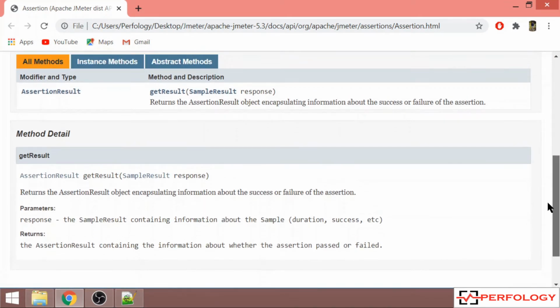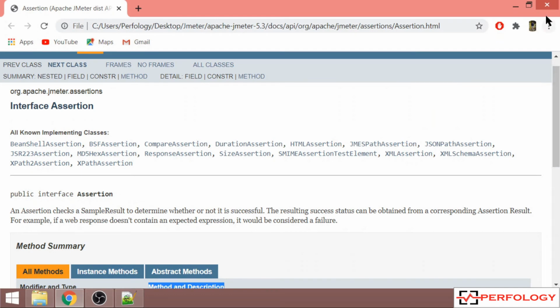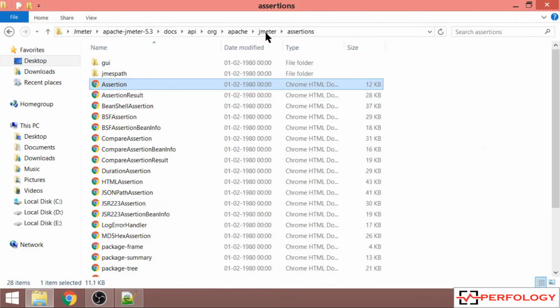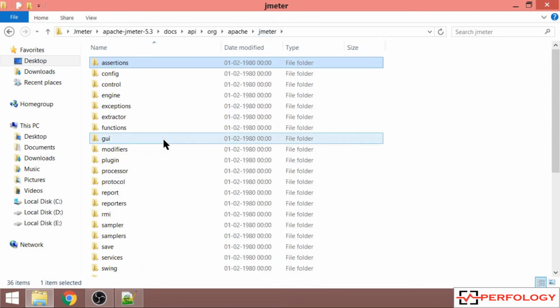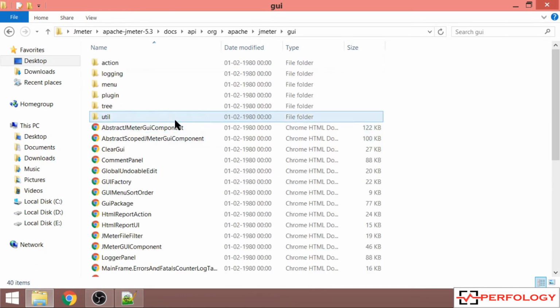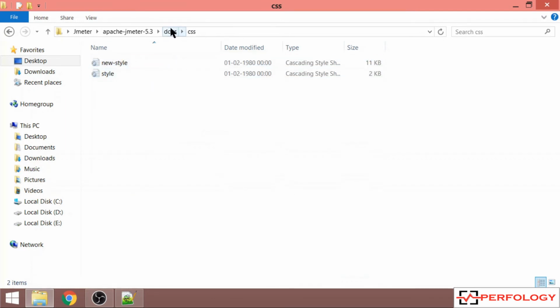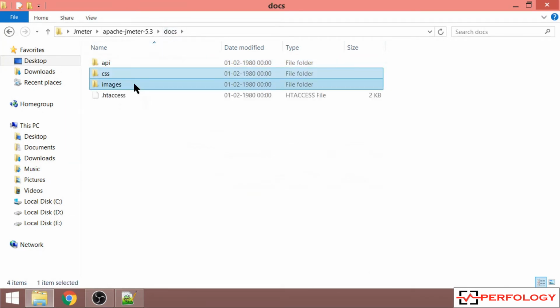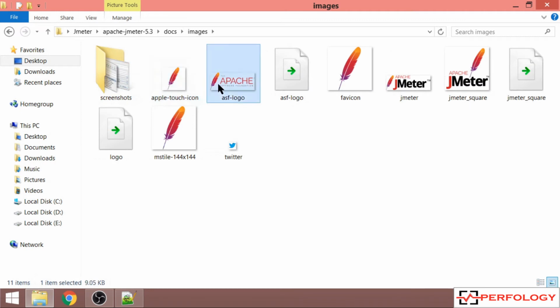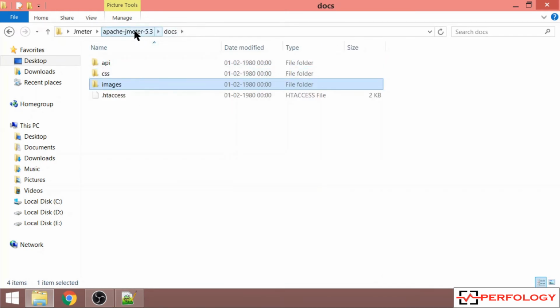So a method and its description is provided over here in this document. Similarly, for other elements in JMeter, you can find the documents over here. CSS documents are in CSS folder and images used by JMeter are placed in images folder. So this was about doc folder.